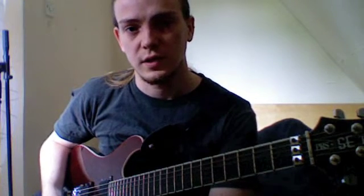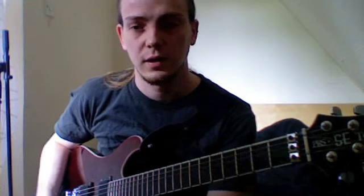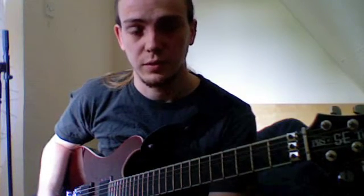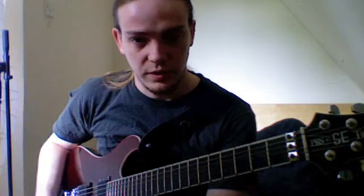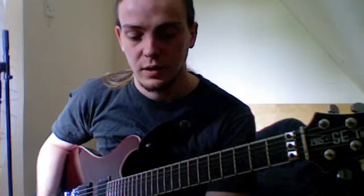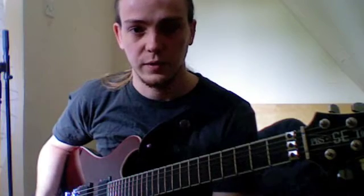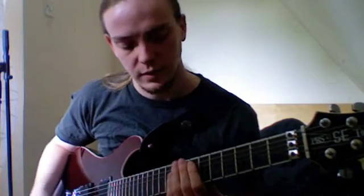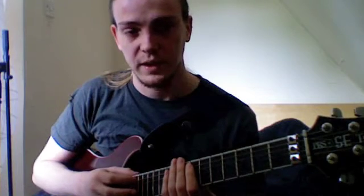Today's lick is a string skipping tapping lick, which is based around a D minor 7 chord, and moving to other pentatonic and minor shapes. I came up with the lick itself as a way of trying to break out of the usual string skipping tapping patterns of